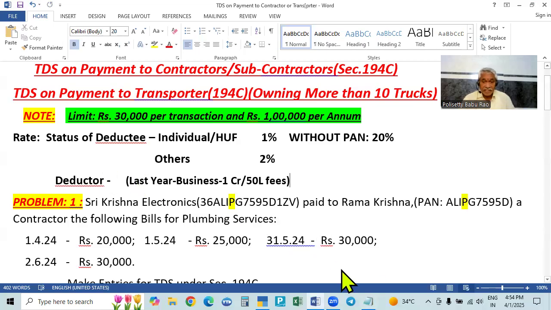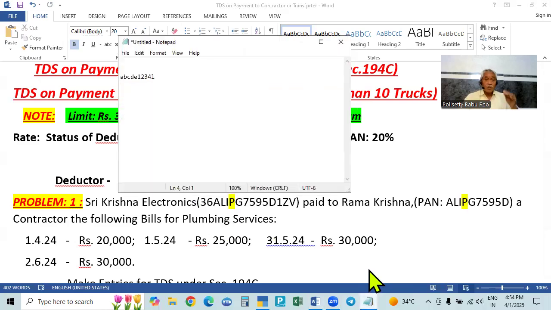Okay. But this is in the case of the deductee. And in the case of the deductor, when there is a liability to deduct the tax as per the norms, the deductor also must have a number. For income tax purpose, everyone will have a PAN card number. For deduction of tax, TDS, and there is another thing called TCS. For TDS and TCS, you must have another number called TAN. So PAN means permanent account number, TAN means tax account number. The full name is tax deduction and collection account number.